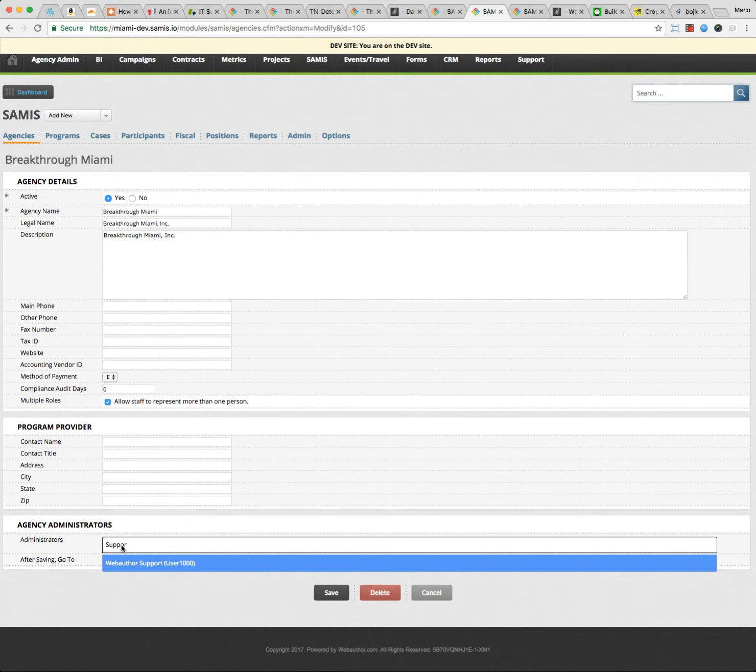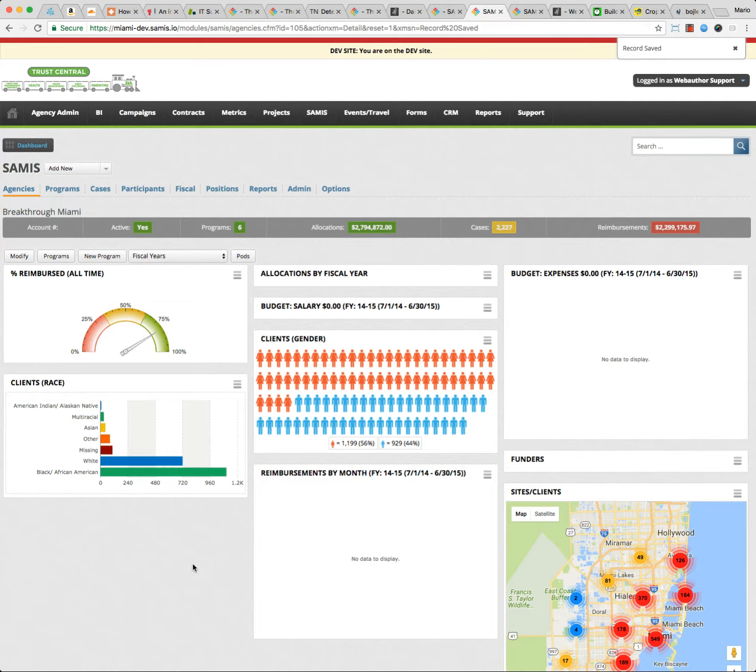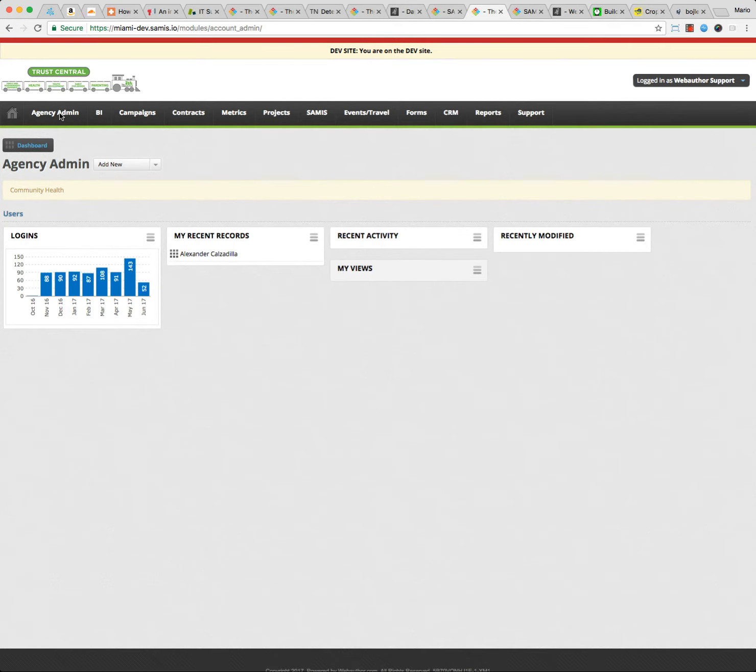If I wanted to make this user, Webauthor Support, the agency administrator, I can just go ahead and save that. Now when that user comes in, you want to also grant them access to the new module we have, which is called Agency Admin. This account that I'm in is tied already to Community Health. Once I log in and click on the Agency Admin tab that I've been granted access to,